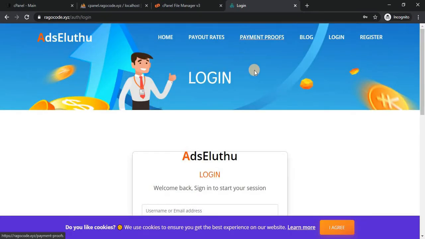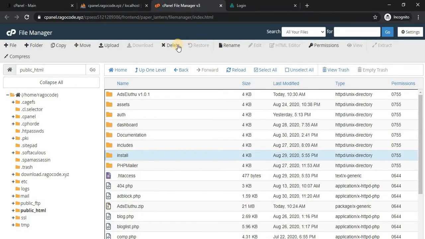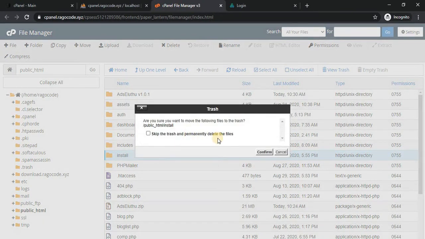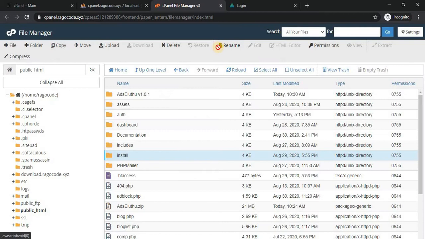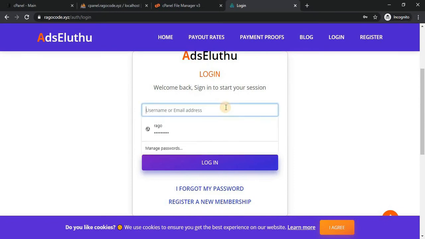Now it's open. Now we have entered the login page, and the remaining step I did, deleting the install folder, and then I log in with the registered admin username and password.